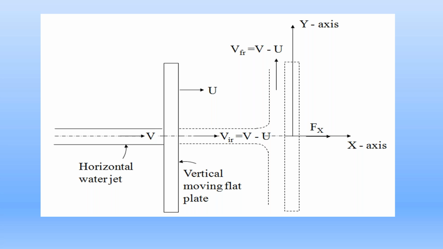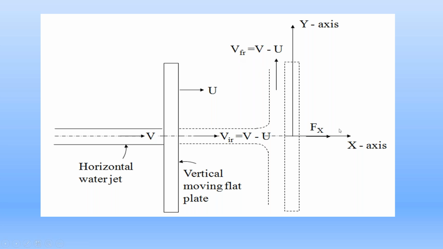You know that in the numerator, the initial linear momentum in the direction of force F is equal to mass of the body into initial velocity of the body in the direction of force F. Similarly, the final linear momentum of the body in the direction of force F is equal to mass of the body into final velocity of the body in the direction of force F. That is Newton's second law. Apply that Newton's second law in this moving plate also, but in the moving plate, we are going to consider the initial relative velocity before impact and the final relative velocity after impact.